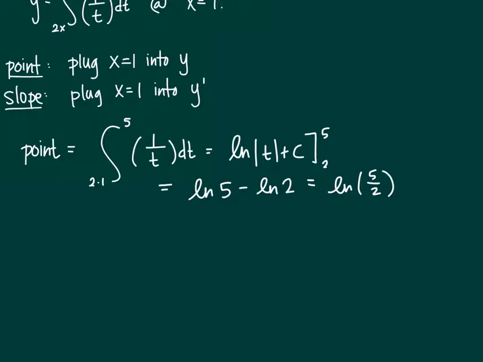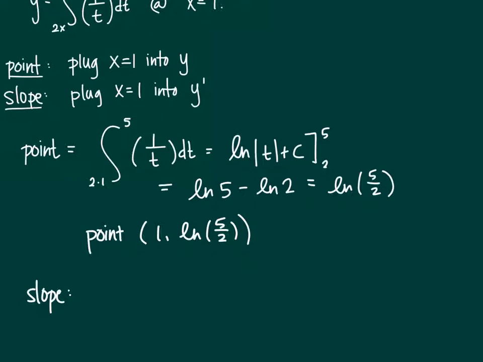So my point is x is 1, the y value is the natural log of 5 over 2. To find my slope, I need a y prime to work with. How do I get a y prime to work with? I use the second part of the fundamental theorem. So to get my slope,